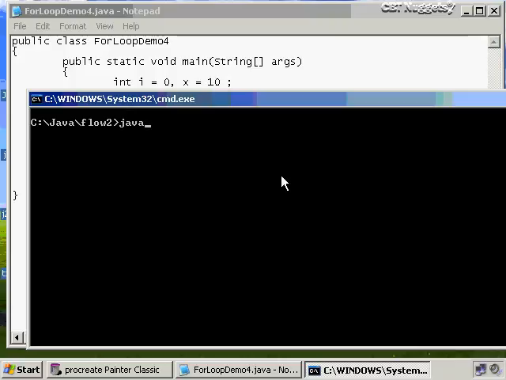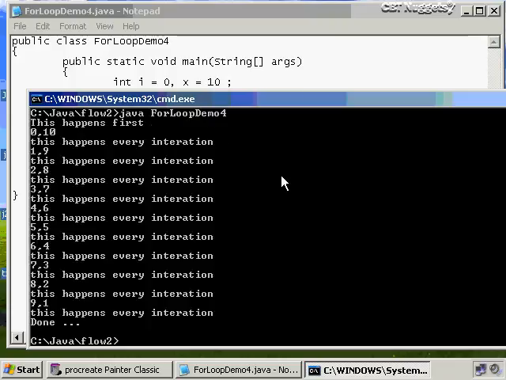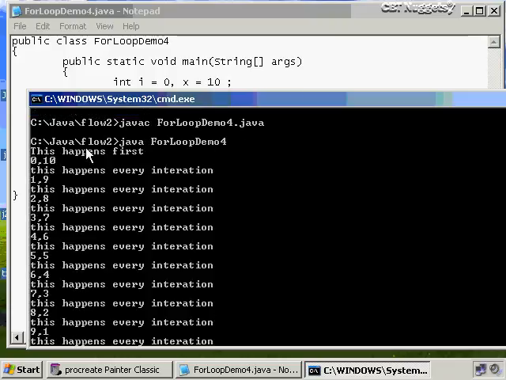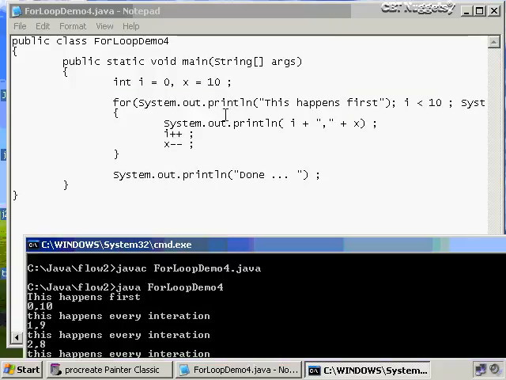Now I'll compile that, so I'll do a javac for loop demo 4.java, and we'll run it: java for loop demo 4. Now look at this. This happens first. So as far as the loop is concerned, this is the first thing that happens. That's why you see this happens first. Then the print determining the continuation condition, then we print out 0 and 10, then we do the increment